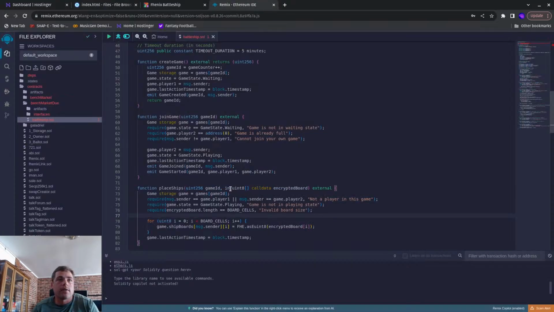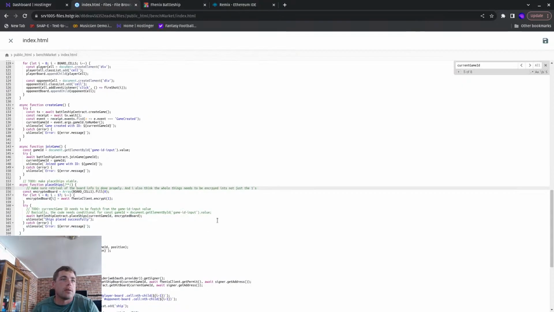Not sure how to do that, and not sure what the proper call data format is. It's a tough call data format. Okay, so I don't think we want to do this anymore because the encrypted board